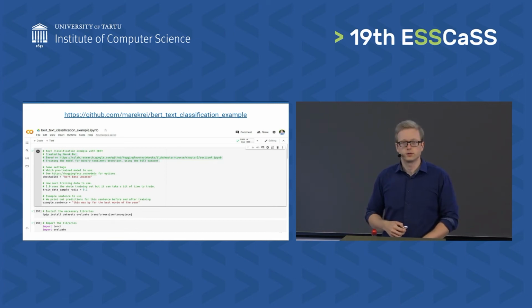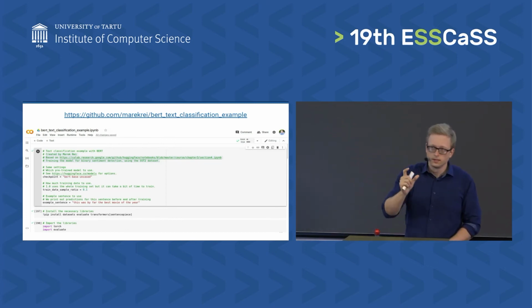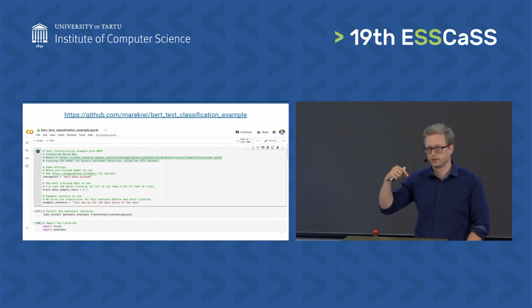There's also a link, if you go to the Jupyter Notebook on GitHub, there's a blue button that takes you to Colab, and in Colab you can actually run that same code in browser on a Google server.